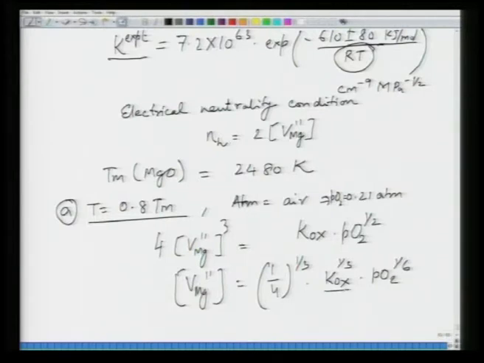So, I can determine Kox from this expression as a function of temperature, and I know PO2 is equal to 0.21 atmosphere. So, if I make appropriate substitutions, then what I get is Vmg